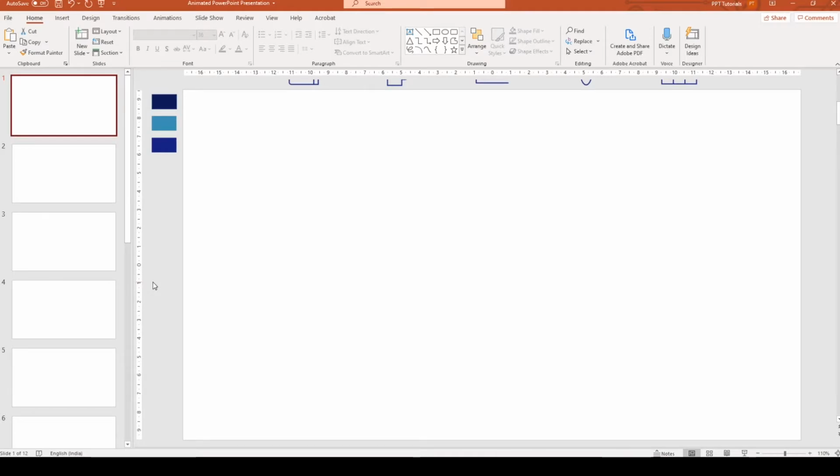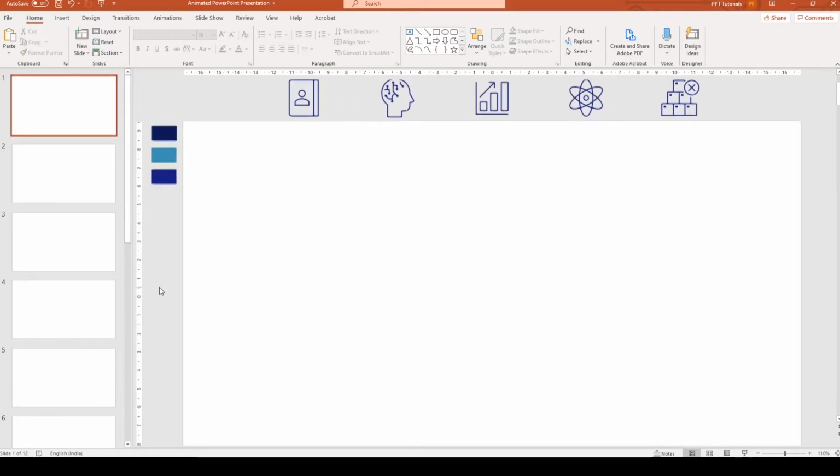Today we are going to create a presentation using the morph transition. This kind of presentation can be especially helpful when you have different sections in your presentation and you want to make it easy for the viewer to understand the navigation flow of the presentation. For demonstration purposes, we just have one slide in each section, but you can always modify it the way you want to. The link to download this presentation will be in the description box below, so let's get started.